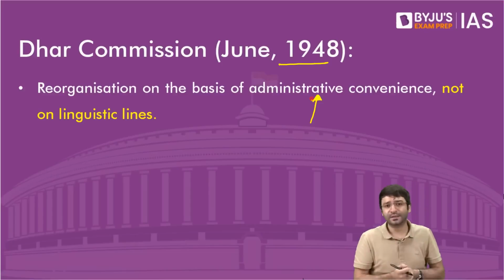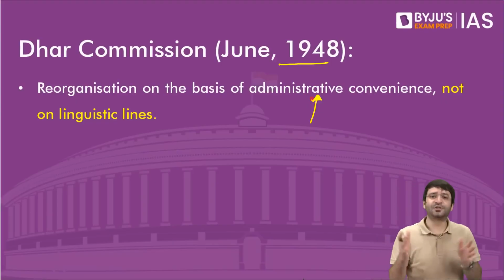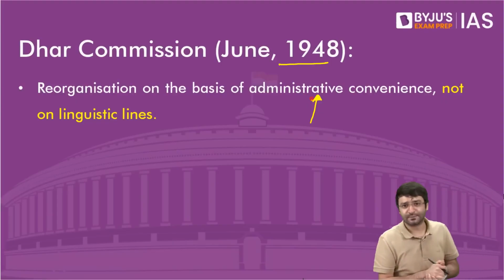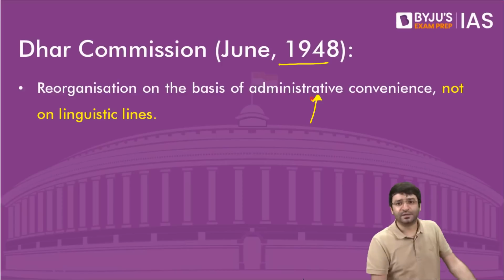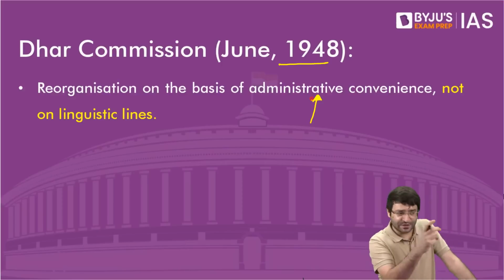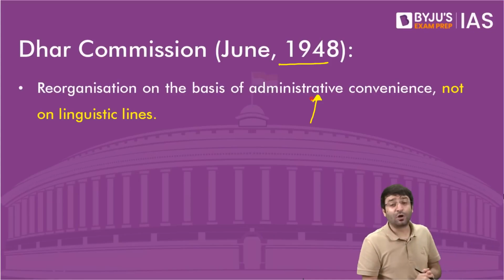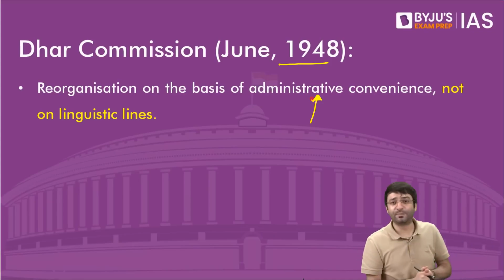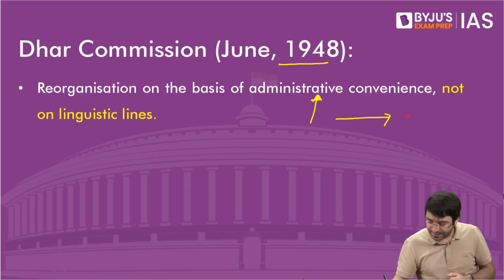or 200 people. Similarly, if there is an area which is geographically spread over large distances, it becomes difficult to manage such a state. And that commission said, create states based on administrative convenience. If a state is large, if a state is vast with massive population, we can split that state, but not on the grounds of language. We should not be creating states in the name of language. Why? Because then it may lead to